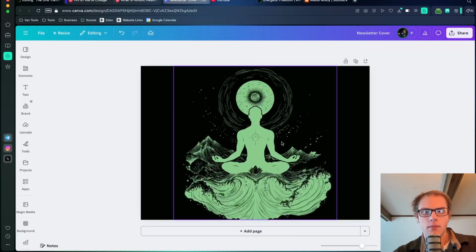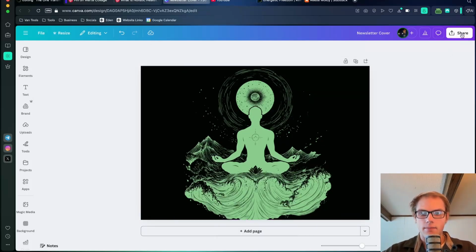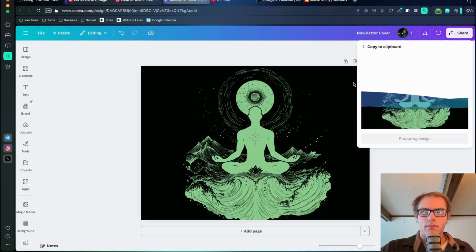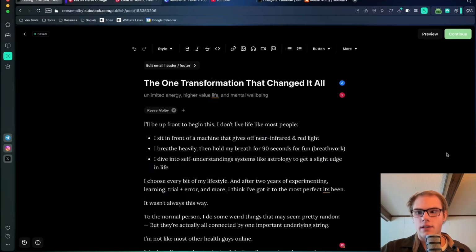And now look, my brand colors on this image, just like that. It's that simple. So now I can go to copy to clipboard. That's a really handy feature on Canva that not a lot of people know. You don't have to download everything and clog your files. And then you just put it on your Substack